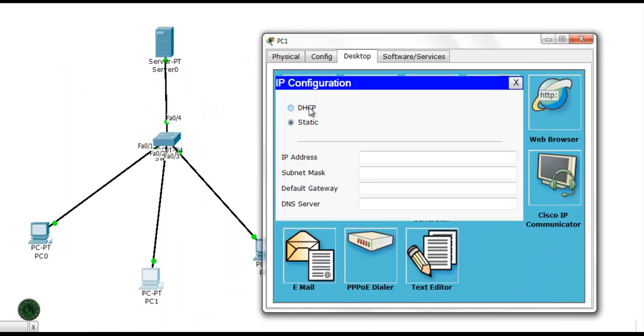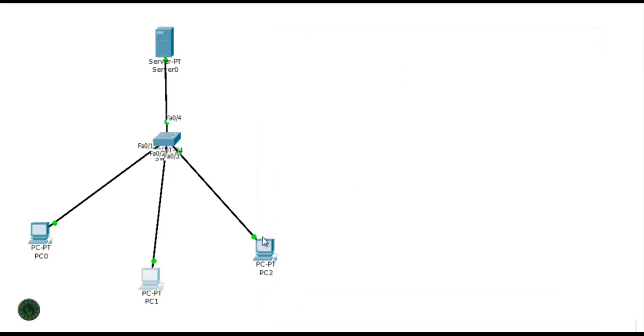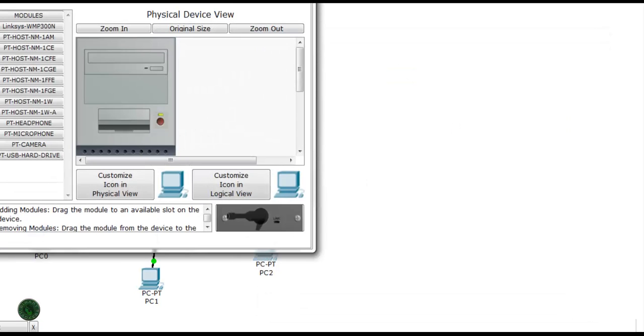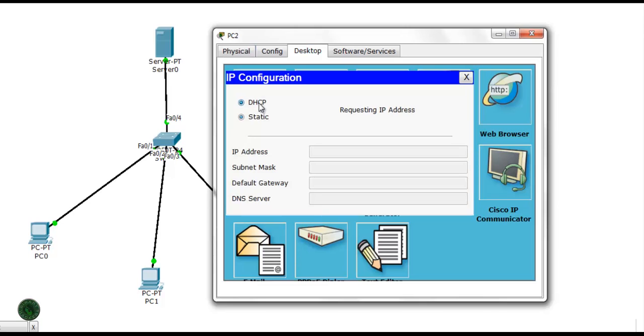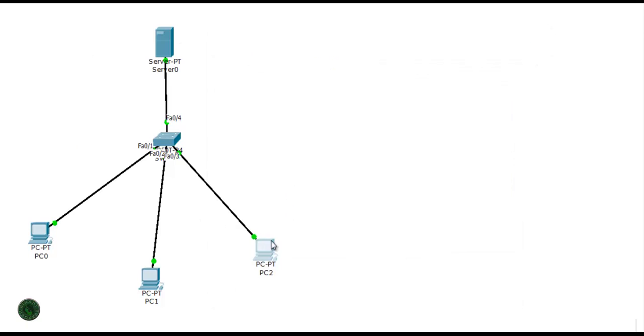Same method in PC1, requesting for DHCP. The IP address is 22, and the PC2 IP address must be 23. Here it is. So we successfully configured the DHCP server in the Packet Tracer.